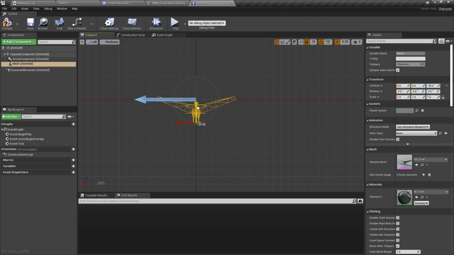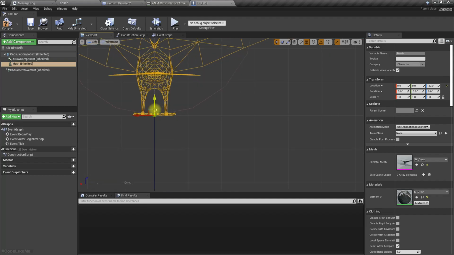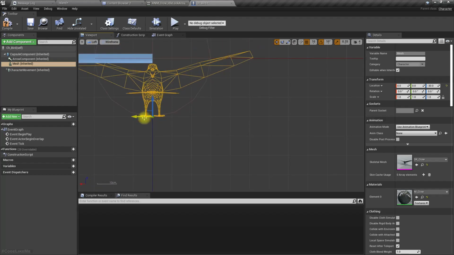Let's move it down. Yeah, maybe this would be enough.